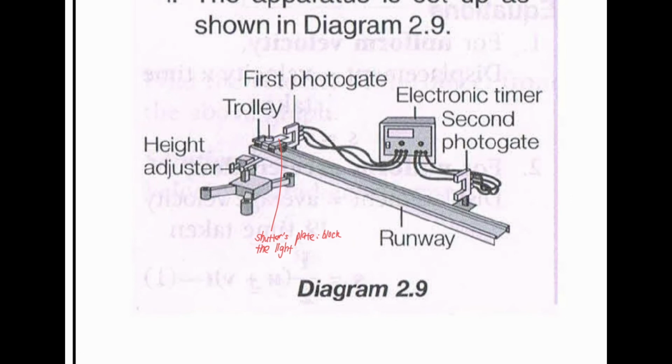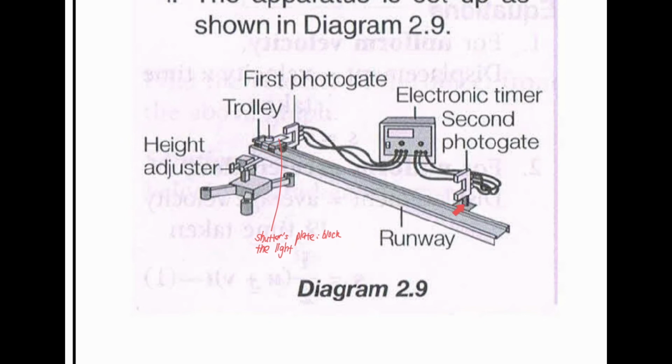Okay, then the trolley continue to move down, and when it reach here at the second Photogate, again the shutter plate is going to block the light in the second Photogate, and the electronic timer will stop the time. So in that situations, we can accurately find out the time taken for the trolley to travel from this point